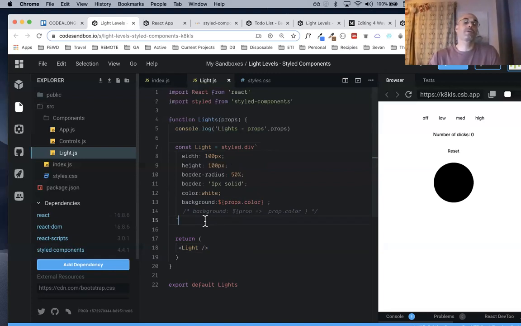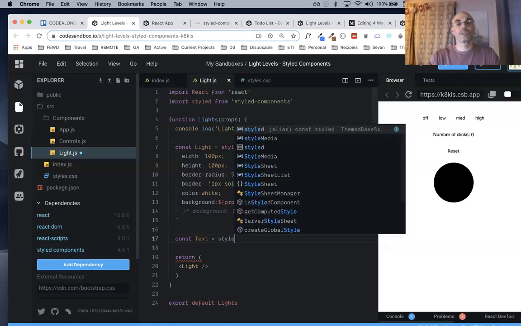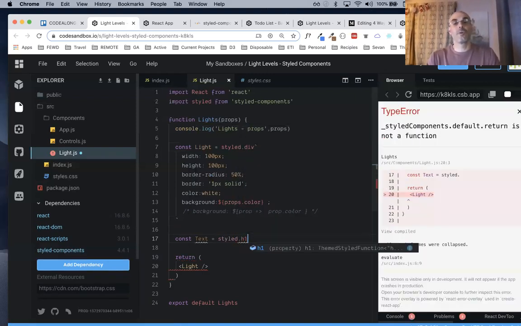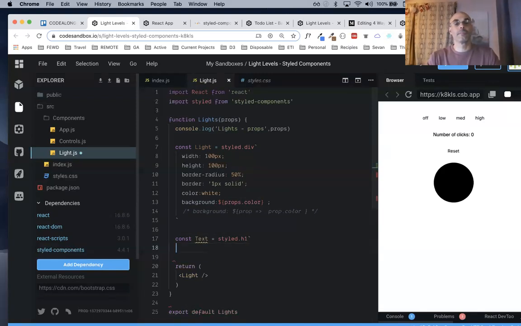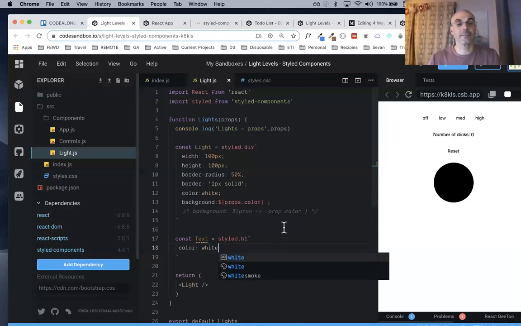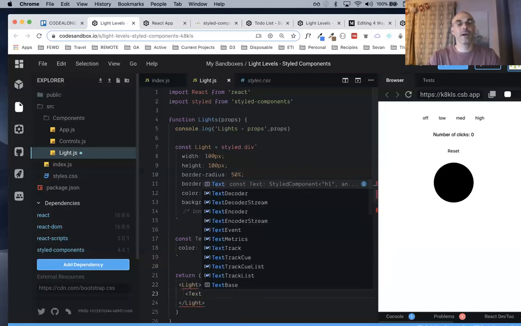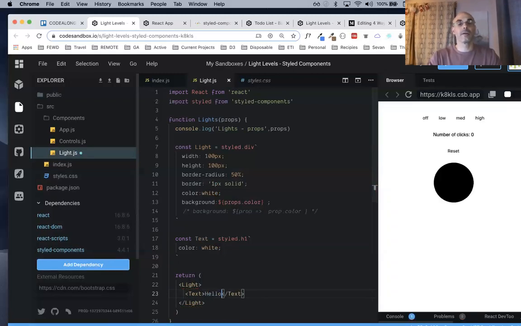I mean, you could do something like const text is equal to styled dot h1. Make it really big. Boom, boom. We could say color is white, right? So we could at least see it. Okay. And then here, I'll have light, and inside of light, I think all we have to do is do text, right? And then just say hello, give it something, boom. See? So you can nest these components